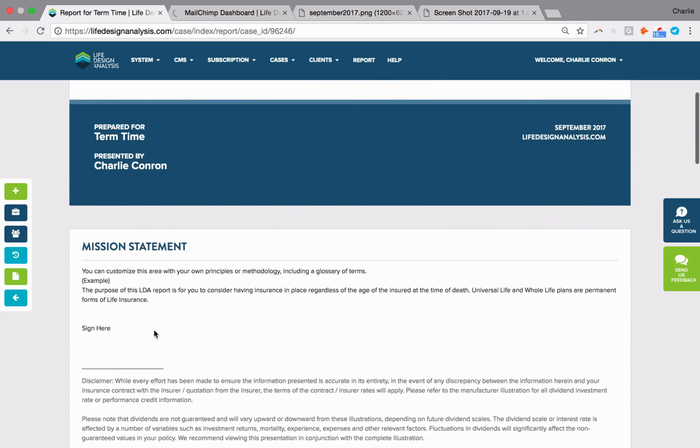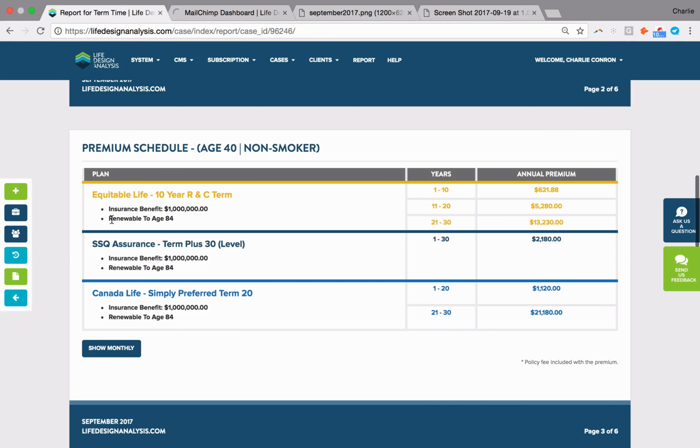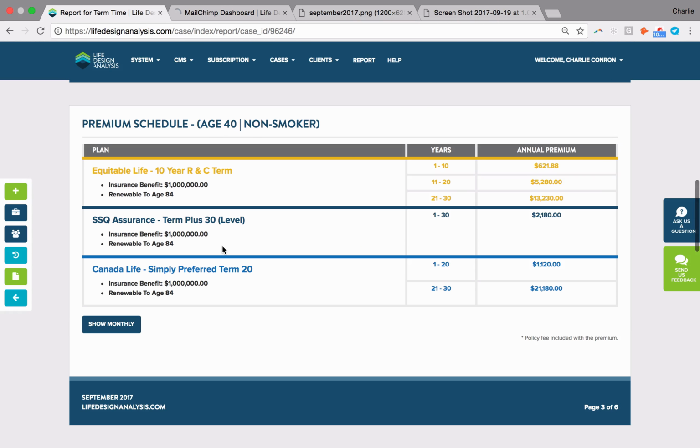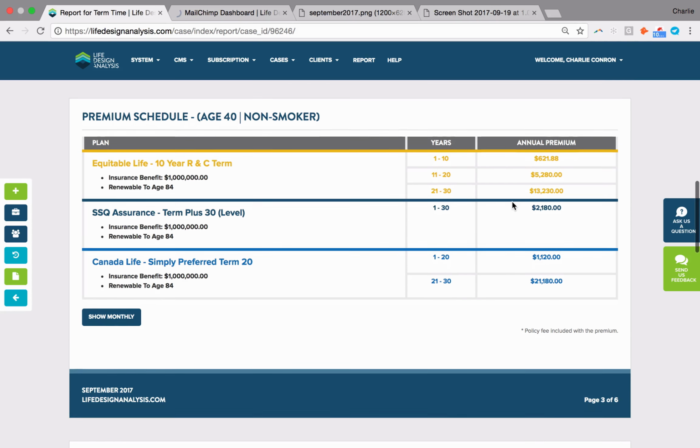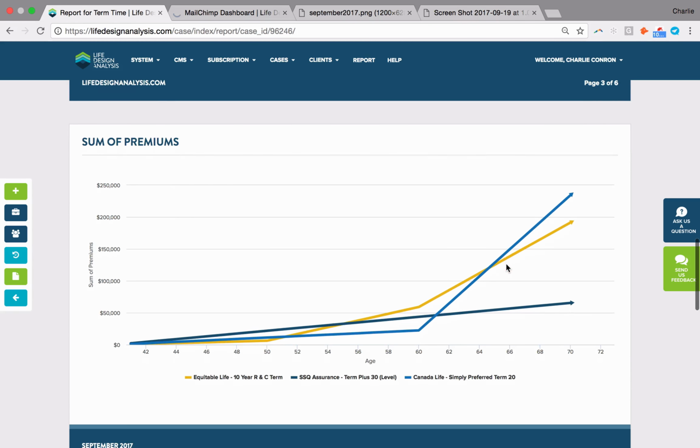So again, cover page, and we can always evolve these reports, so we could add permanent products into these. You can do really whatever you'd like in there and compare multiple different carriers, all on one page, all consistent font. We've got nice details about the products. And again, we've got now a lot of numbers here, but really, that one simple visual that I want to show here is, what does it cost?